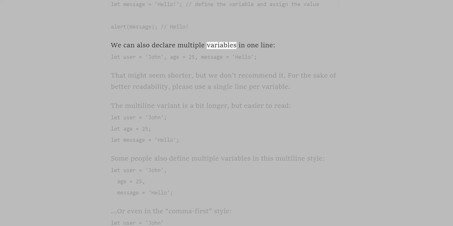We can also declare multiple variables in one line. let user = 'John', age = 25, message = 'Hello'; That might seem shorter, but we don't recommend it. For the sake of better readability, please use a single line per variable. The multi-line variant is a bit longer, but easier to read. let user = 'John'; let age = 25; let message = 'Hello';